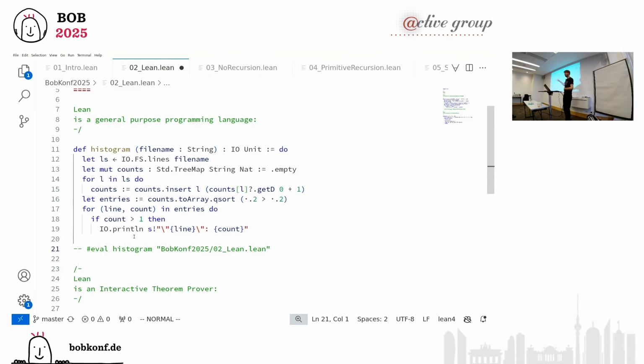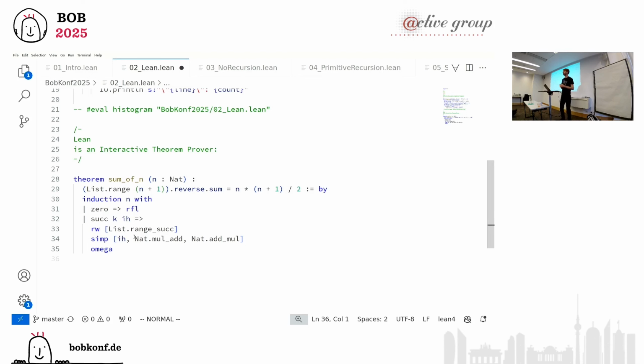And then there is some tactic language here that does small step rewriting, it does more complicated rewriting, and it has some specialized tactics for, in this case, solving linear integer arithmetic. And this is the same language. It's really great to be able to do both things in one language because you can mix and match very nicely. Also, the fact that this is a theorem shouldn't matter; maybe for this audience, I could just make it a def and you would actually feel happier that way. It just shows you that it's the same thing. It's a function that takes a natural number and gives you a proof of that statement.